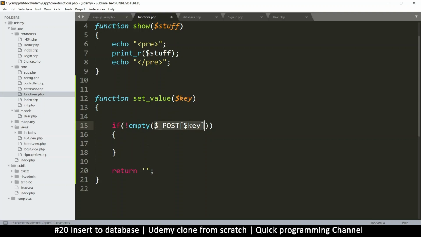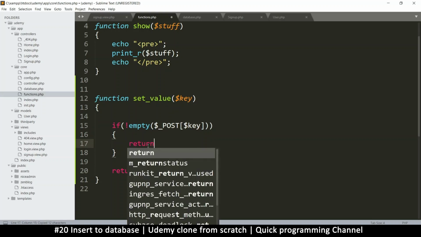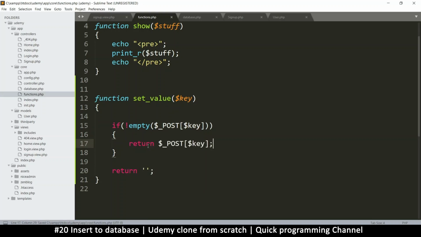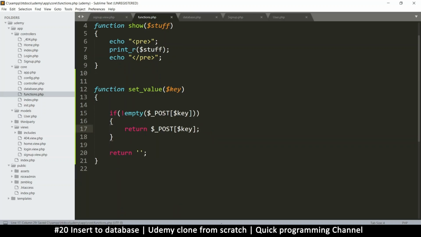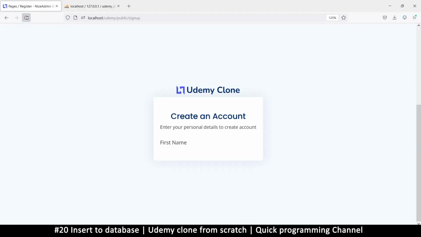Yeah. So here we're just going to say return the key. So post key. So in case it's email, for example, this will be equal to email. So we're asking if not empty, post email, then return post email, which will return the value of that email. It's that simple. So let's refresh, and